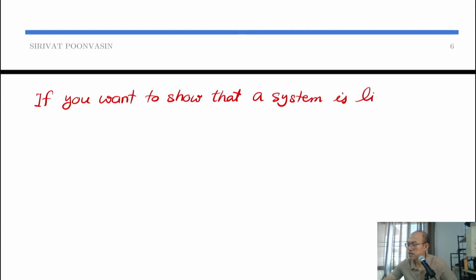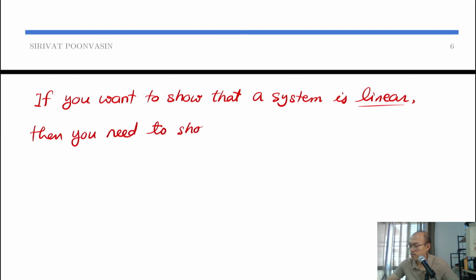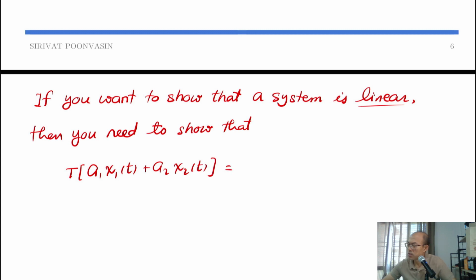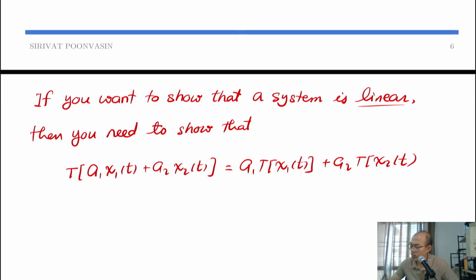You need to show that T of a1 x1 plus a2 x2 is equal to a1 T of x1 plus a2 T of x2. You have to show that this equation is true